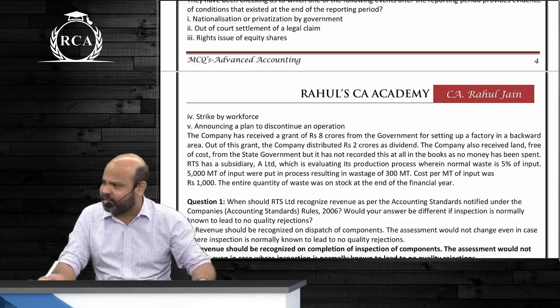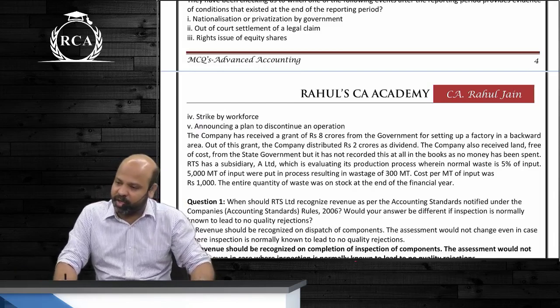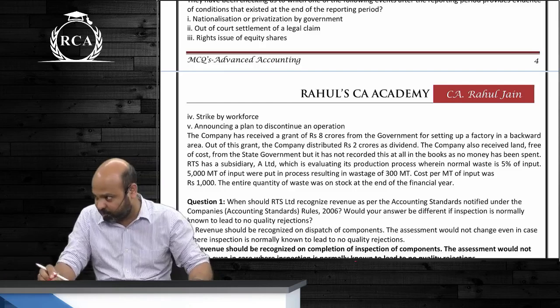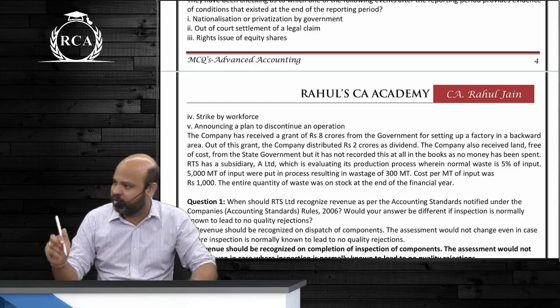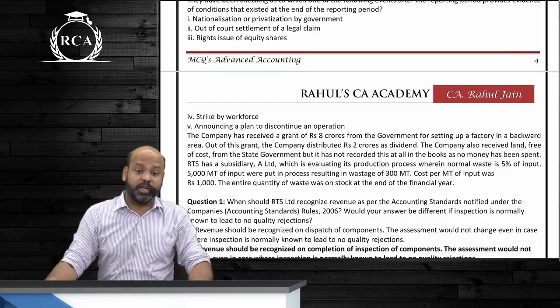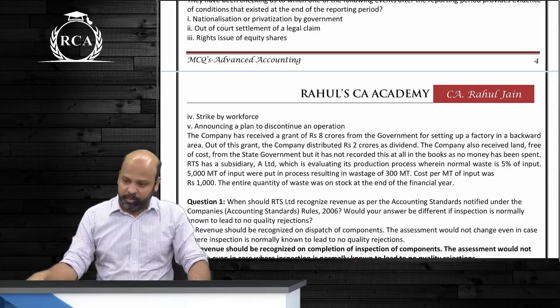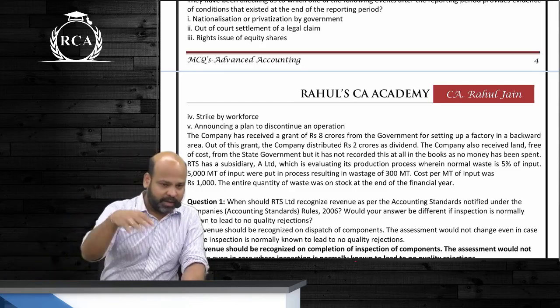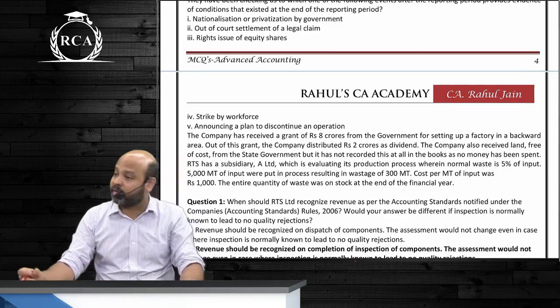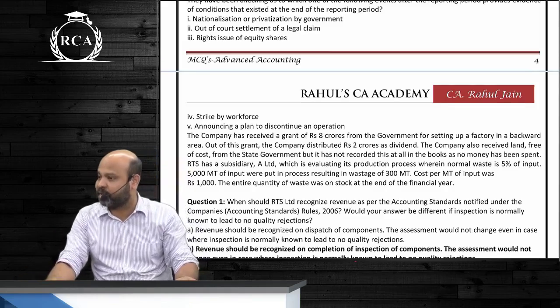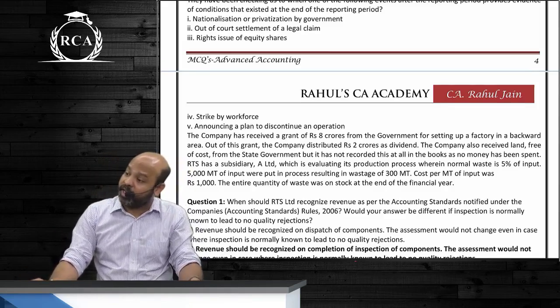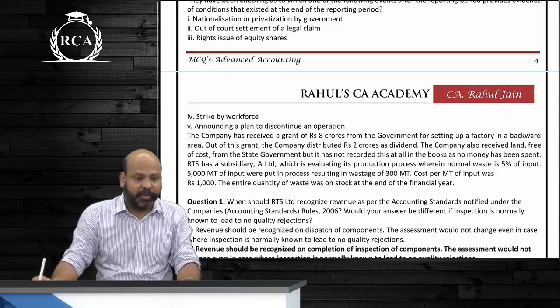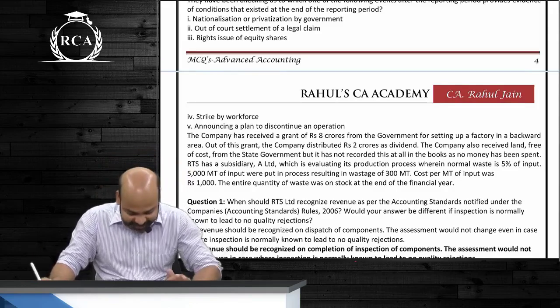After the initial disclosure event, guys, in whatever first financial statements you're presenting. What is the initial disclosure event? The earlier of two dates. What are the two dates? The board has agreed to discontinue and has announced a formal plan, or you have already entered into a binding sale agreement, whichever is earlier.